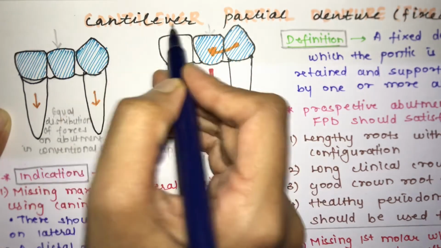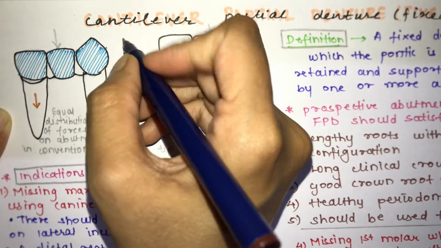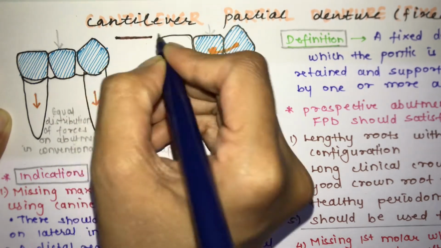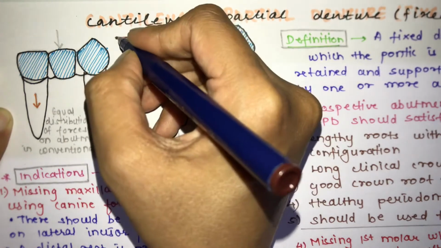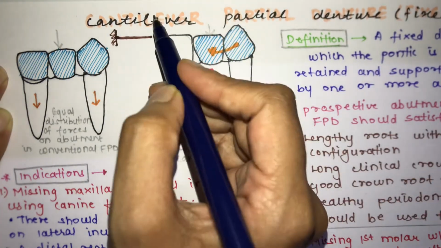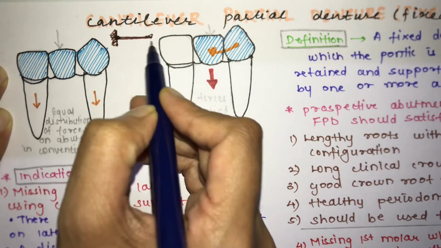So what exactly is a cantilever? A cantilever is a rigid element that extends horizontally. For example, over here, this is a rod. It is extending horizontally and it is supported only on one end. So this becomes a cantilever. A cantilever is a rod which is supported only at one end, and the other end is a